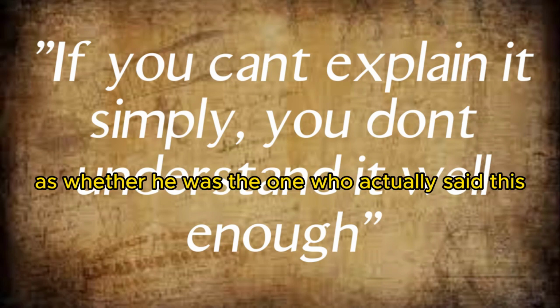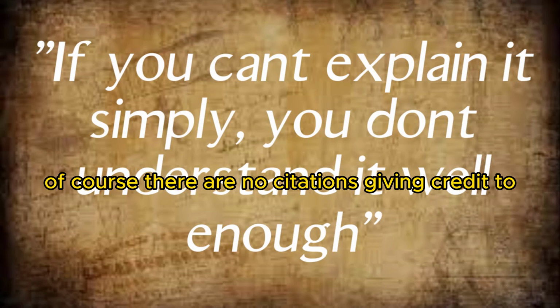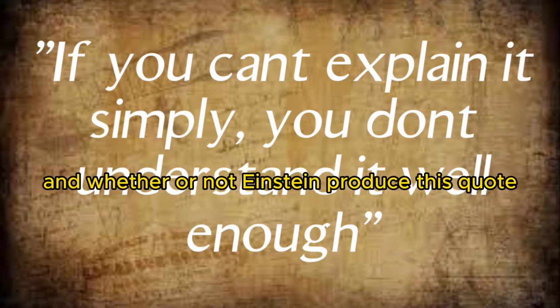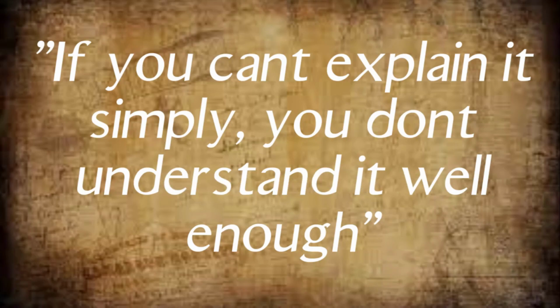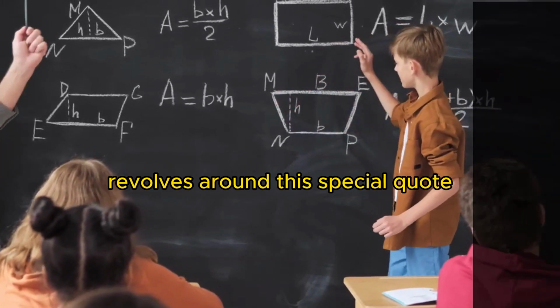This quote is usually attributed to Albert Einstein. As for whether he was the one who actually said this, I can't tell. Of course, there are no citations giving credit to Einstein for being the originator of this quote. And whether or not Einstein produced this quote, it seems to be one of the most powerful pieces of study advice anyone can ever get. The hack I'm going to teach you today revolves around this special quote, and it is called